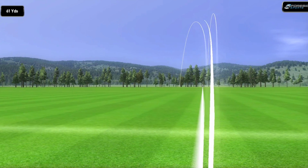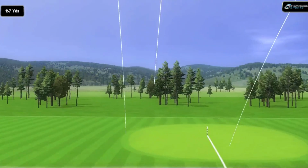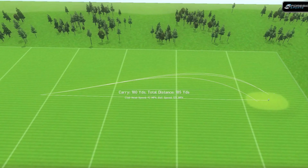Yeah, I just feel like that, to me, is going to go left, just because of that offset. It just feels like it's going to go left. But I cannot complain with the hits at all. They feel super easy. Let's have a look at some spin numbers on those as well,